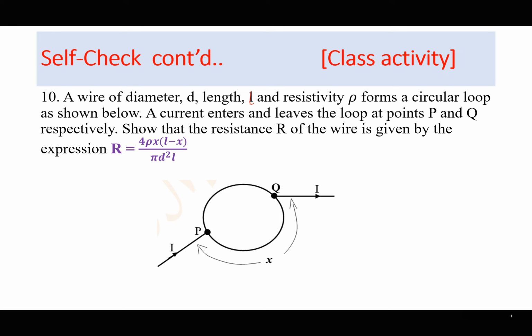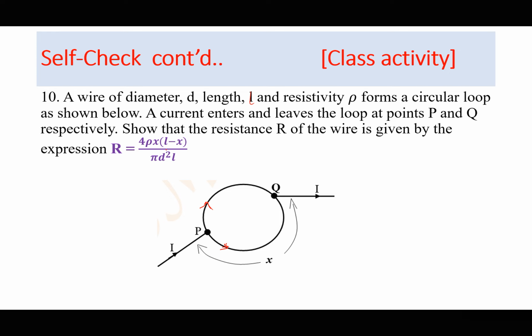A wire of length L and resistivity rho forms a circular loop as shown below. A current enters and leaves the loop at points P and Q, so this current divides into two parts. One part takes this route and another part takes the other route. Show that the resistance R of the wire is given by the expression R equals 4 rho x